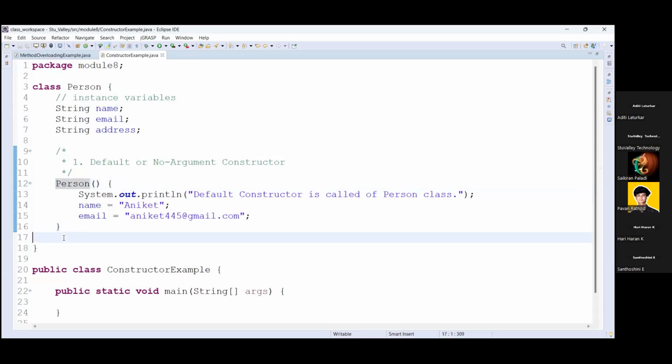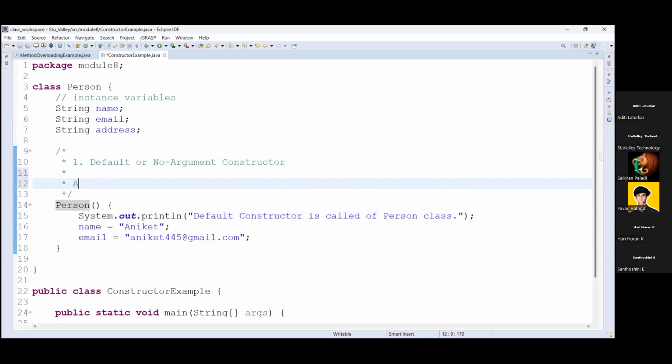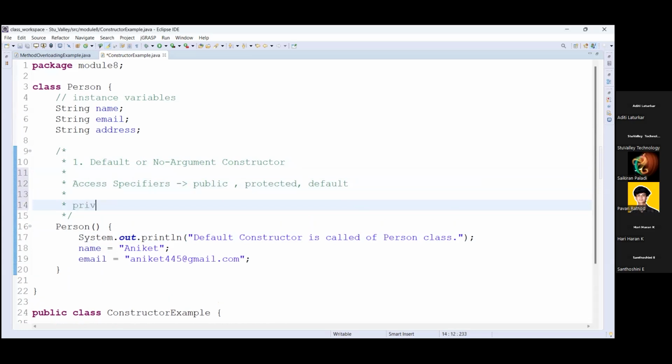Okay. You can change that, you can add access specifiers. Allowed are public, protected, default. Okay. We use private constructors also, but in a very rare case,